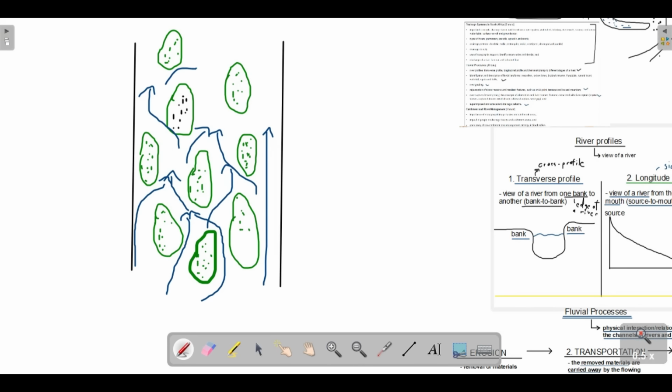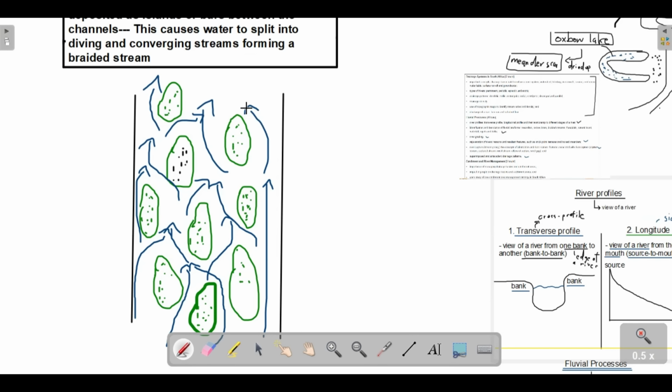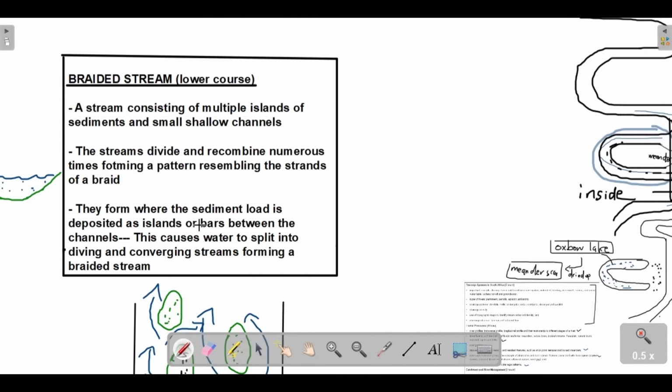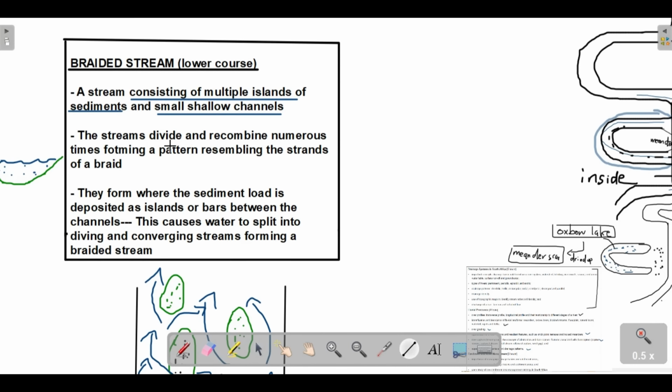So as you can see, this looks like braids really. So this type of landform in a river system where you see river channels dividing and recombining again between these islands of sediments, that's what we call a braided stream. It's simple as that, guys. Okay, so this is a stream consisting of multiple islands of sediments and small shallow channels. Right, the streams divide and they recombine again numerous times. So multiple times, forming a pattern resembling